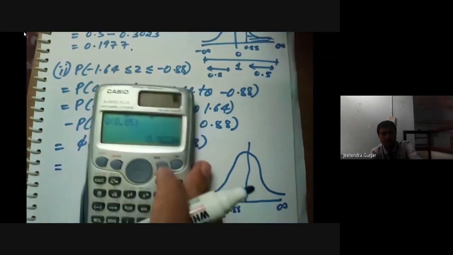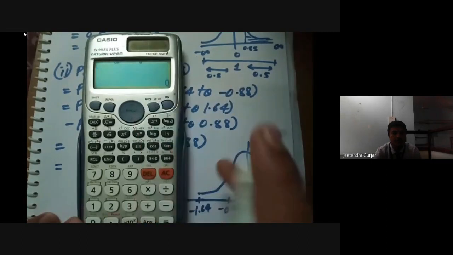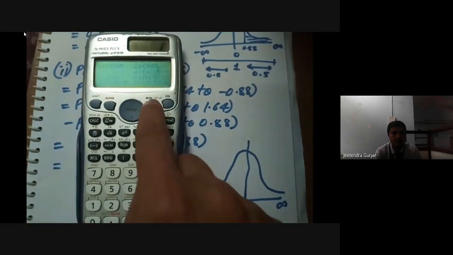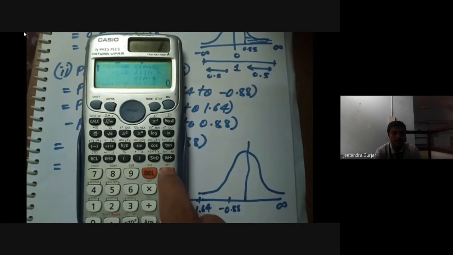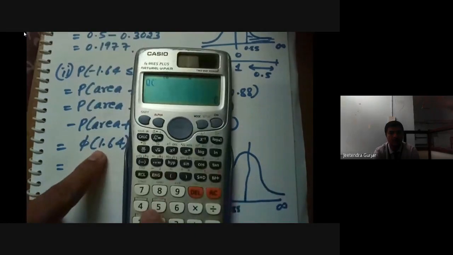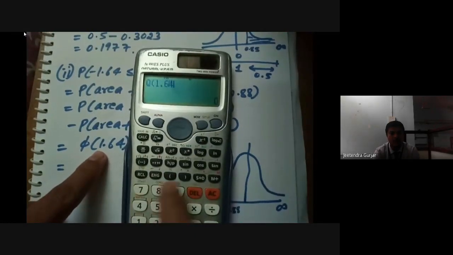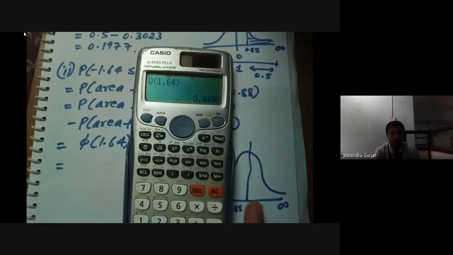So to calculate this, again use the calculator. Once again I will repeat this, for those who have not followed. Press on this and then go for mode. In the mode you can see number 3, that is stat. Then go for AC, then go for shift, number 1, that is statistics, and you will see there is a distribution. In that distribution, go to number 2, that is Q, and then substitute the value for the area, 1.64 students, and this is equal to 0.4495. You can see in the screen it is 0.4495.